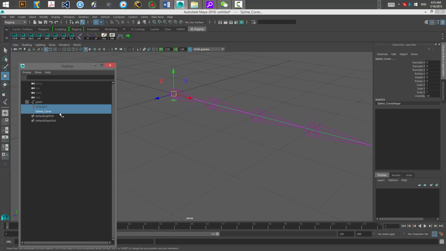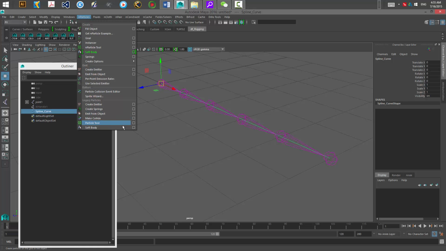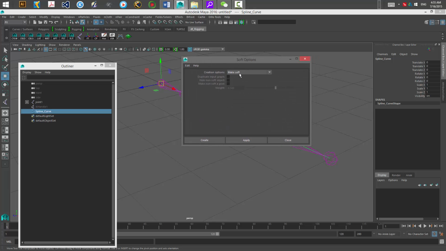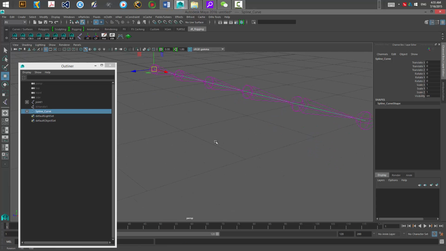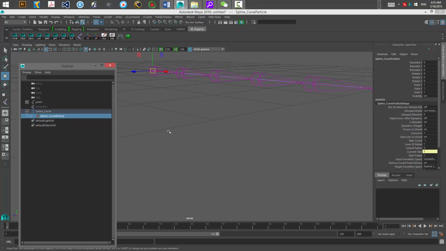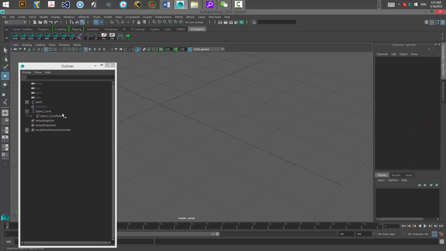So all you have to do is use some dynamics to drag this spline curve. Let's select the curve and go to FX and particles, and here we find soft body. Let's just use the default settings, make soft and create, and that actually creates spline curve particles. And if we isolate these spline curve particles, you can see I actually have 4 particles here,